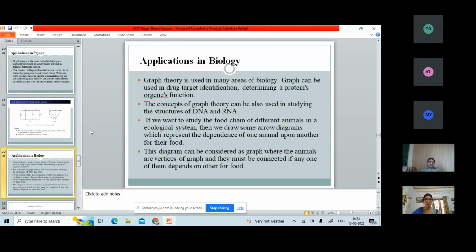Applications in biology. Graph theory is used in many areas of biology. Graphs can be used in drug target identification and determining protein and organ functions. The concept of graph theory can also be used in studying the structure of DNA and RNA. If we want to study the food chain of different animals in the ecological system, then we draw some arrow diagram which represents the dependence of one